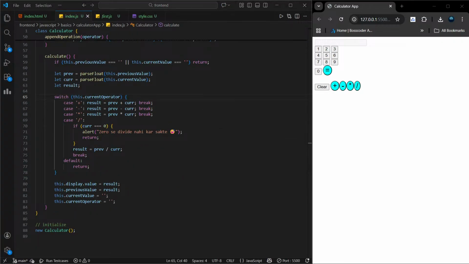व्हाट आई वांट एज़ अ एक्सपेक्टेड आउटपुट। सो फॉर एग्जांपल लेट सपोज मैंने क्लिक किया 2, देन मैंने क्लिक किया प्लस, देन मैंने क्लिक किया 5 एंड क्लिक किया इक्वल बटन, देन 7 आया। नाउ 7 आंसर आ चुका है, ठीक है। अब 7 के आगे भी कुछ नहीं है, पीछे तो वो आंसर ही है। प्रीवियस वैल्यू 7 हो गया, रिजल्ट वैल्यू 7 है। अब मैं चाहता हूँ कि मेरे पास और भी बटन्स हैं, लाइक माइनस,